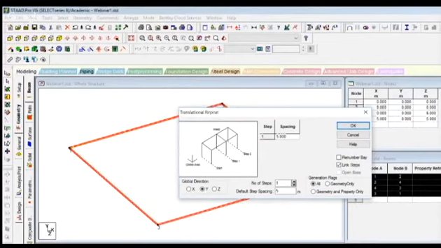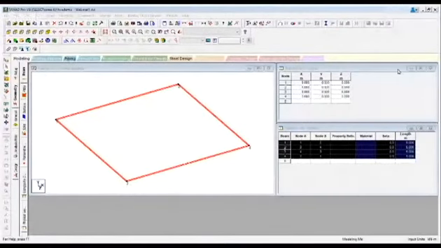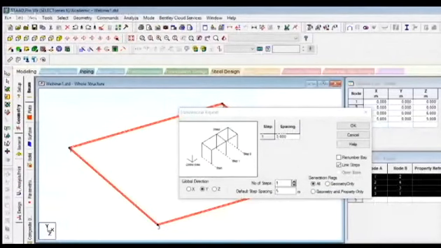Okay, we have missed something in the teaching also. Here you can see some generation flags. There are commands like all, geometry only, geometry and property only. So what is this? Again, save the file first. If you just select geometry only, only the geometry of the structure will be repeated.